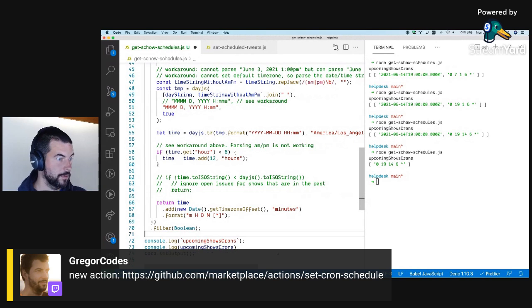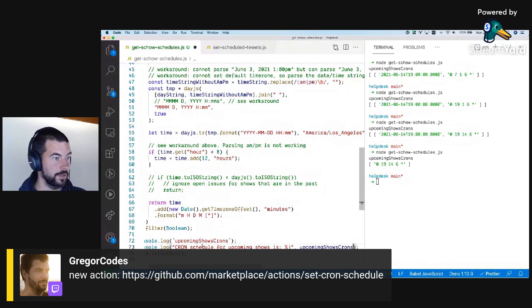Okay. Let's do something more helpful. Cron schedules for upcoming shows is, and then log it as object like that.